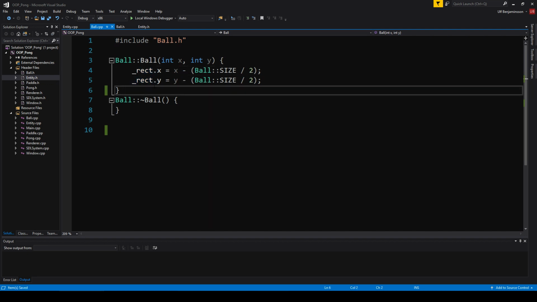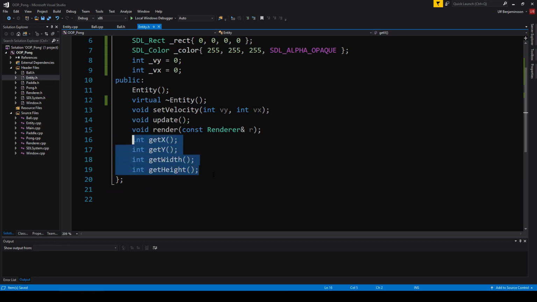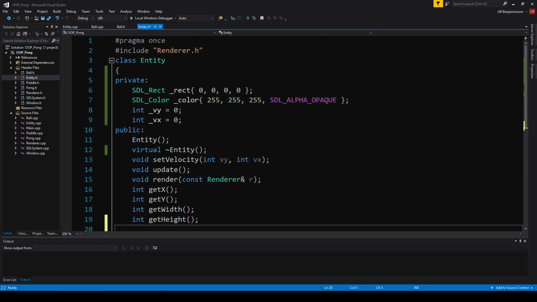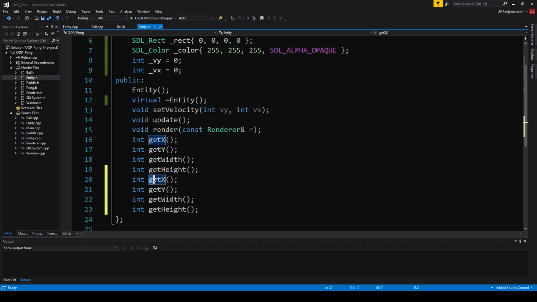That's convenient, but it's not the cleanest way. It's not the best approach for a robust object-oriented system. You generally want your class, the entity in this case, to be able to protect itself from abuse. So a better way is to create setters for all the values. So if I do these again, should I do set? I can make a specific setter for each value, or I can make one that does them all. Let's do one for each. So we do set x, set y, set width, set height. All of them take an int value,